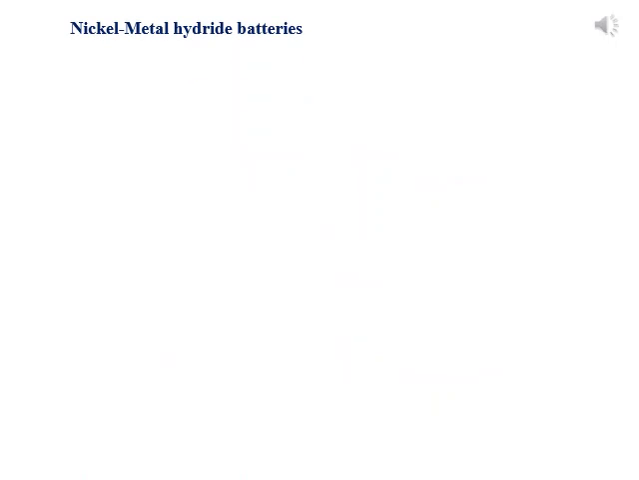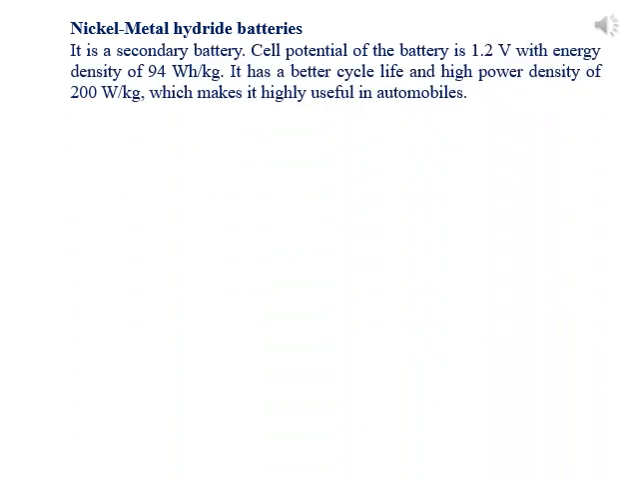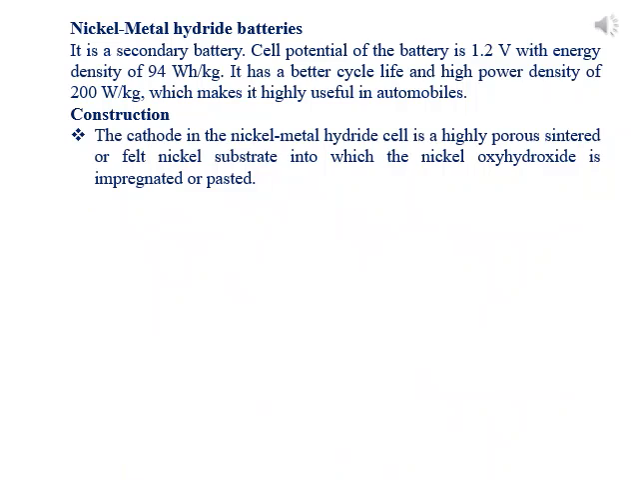Let us discuss one of the most important batteries, that is the nickel metal hydride battery. It is a secondary battery with a cell potential of 1.2 volt and an energy density of 94 watt hour per kg. It has a better cycle life and a high power density of 200 watt per kg, which makes it highly useful in automobiles. Construction. The cathode in the nickel metal hydride cell is a highly porous, sintered or felt nickel